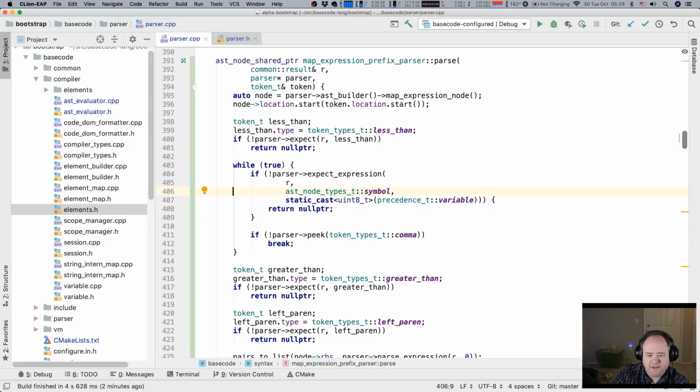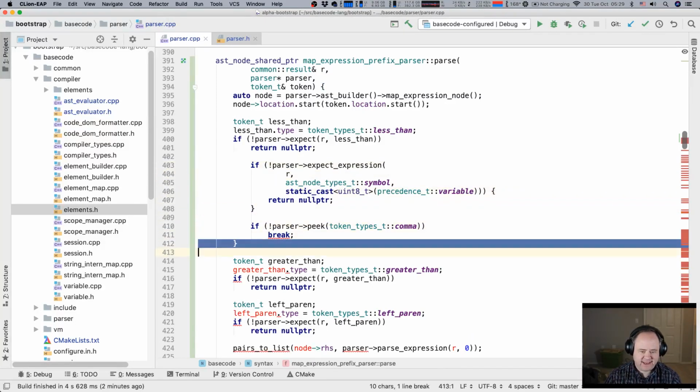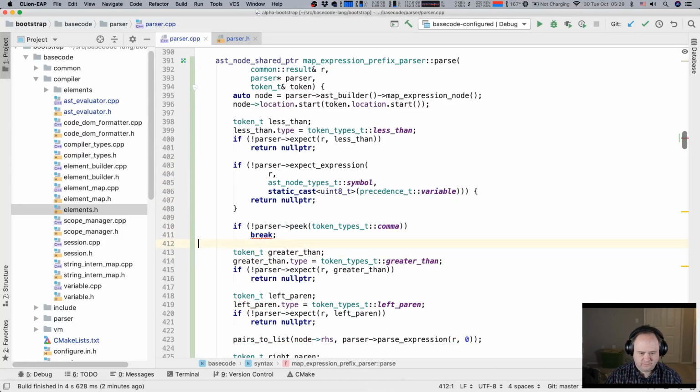Because we have to constrain the parse expression in this case, because we're only looking for very specific things, and we have to be careful of the symbols we're using that have precedence in other cases. So because of that, in this case, I'm going to deal with a comma especially, and really, because this is a map, I should be doing expect.